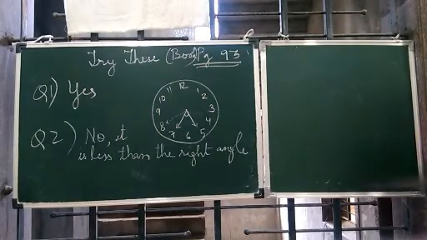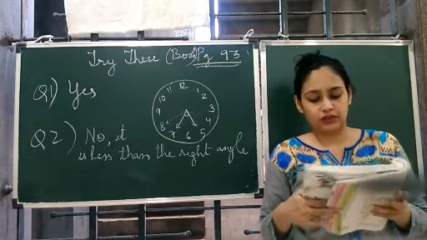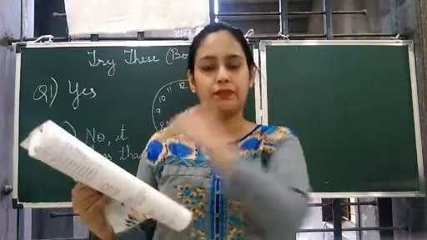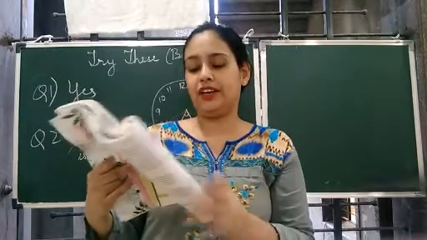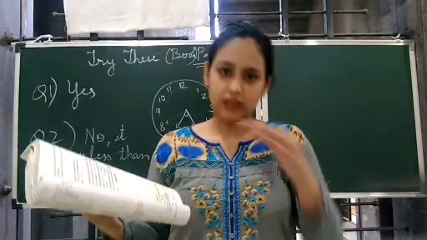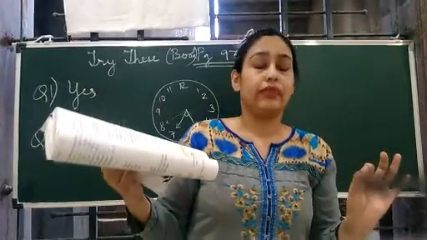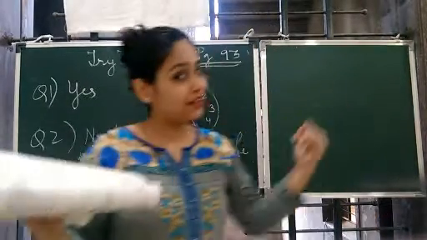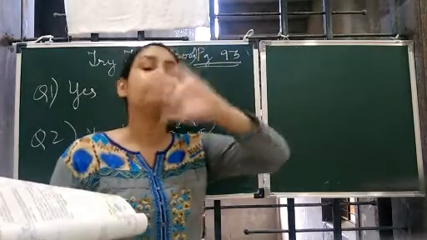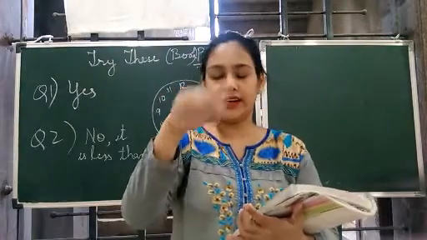Then question number 3 is, draw the following and check the angle with your RA tester. RA tester is a right angle tester, which is an L shape, provided in some of the geometry boxes. If you don't have it, you can use your protractor. We all have studied last year. I am the one who taught you last year also how to measure an angle using a protractor, which we will do again this time. So don't worry, if you have forgotten last year's, no problem. But testing a right angle will be very easy.